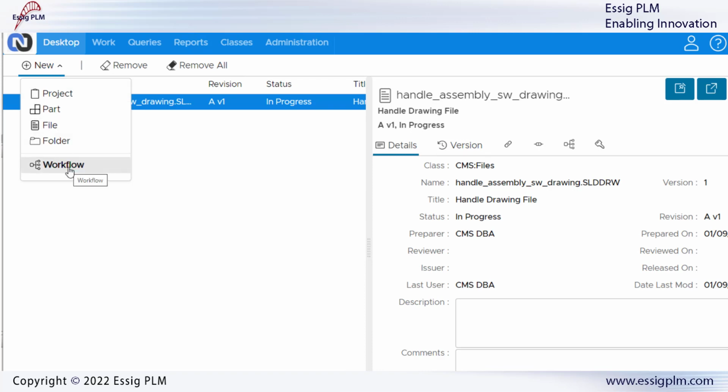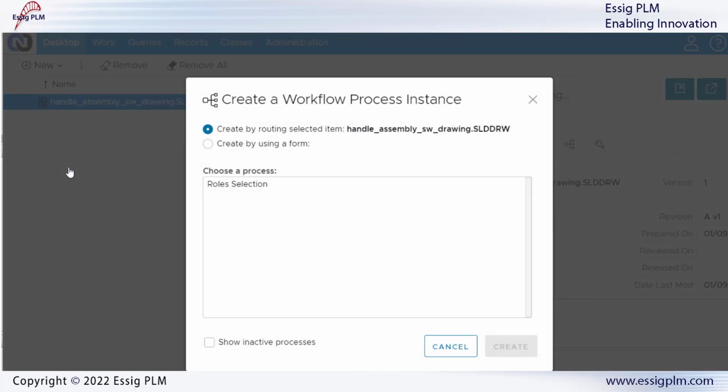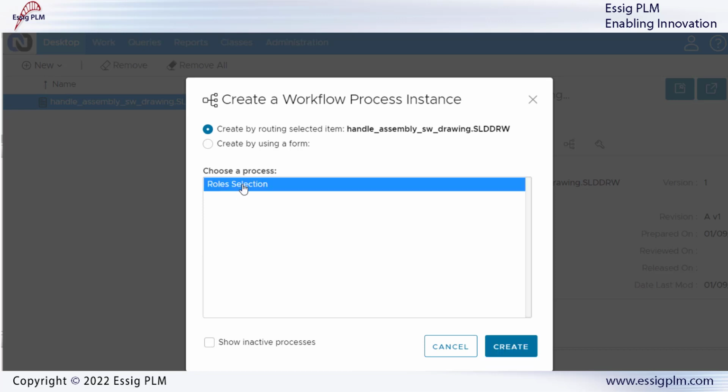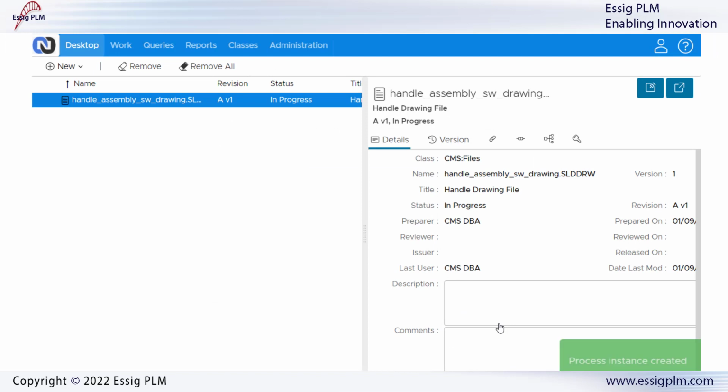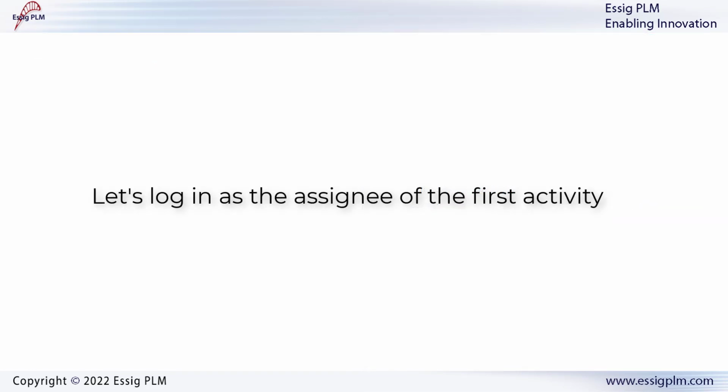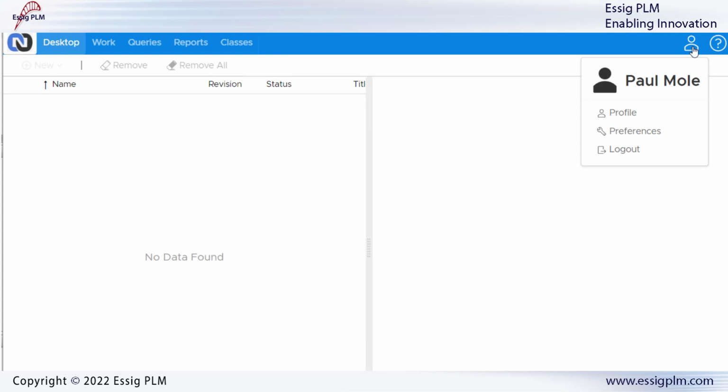This opens the window where we can decide which workflow to use. We see the role selection workflow that we just built. We click on Create. The green note in the bottom right corner tells us that the new instance has been created. Since the first activity of this workflow is always assigned to Paul Mole, we log in as this user